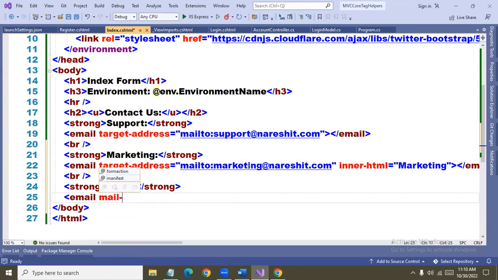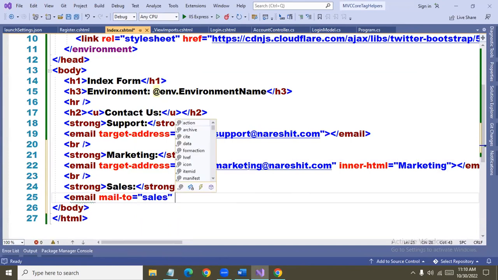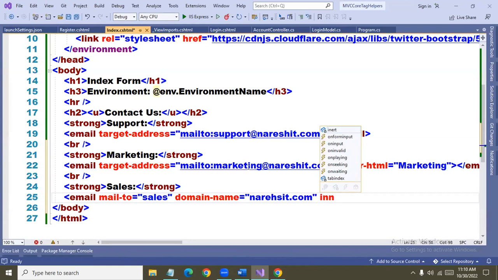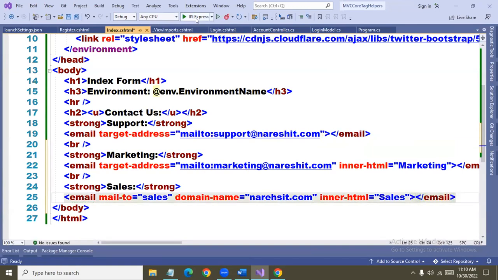Third option, email. I want to say mail to, here I will say whom I wanted to mail. And here I will say the domain name. The domain name I want to use is naresheti.com, and inner HTML is sales. These are the property names, that's all. If you run this one,